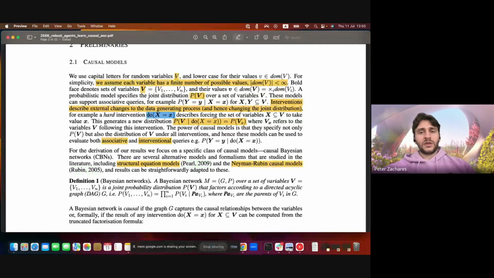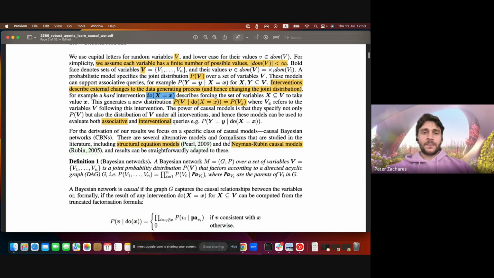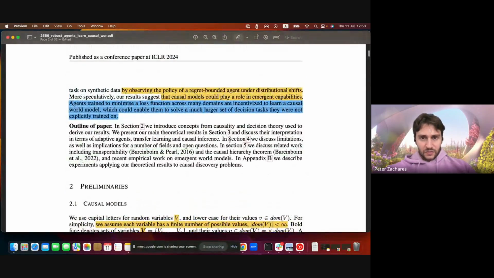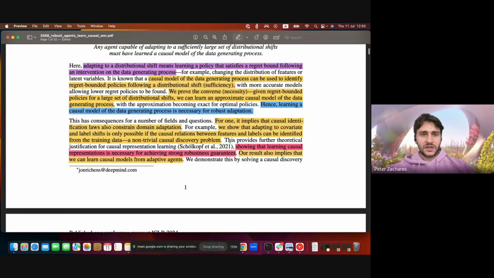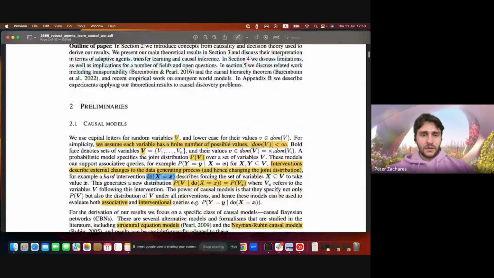And then the way they denote an intervention, which is when you change something about the world, is with this notation like do X equals x. The only reason I'm explaining this is so that when you see do X equals x, you just think, okay, that's an intervention. I do think they define agent somewhere, but it doesn't matter. It gets defined later. Okay.